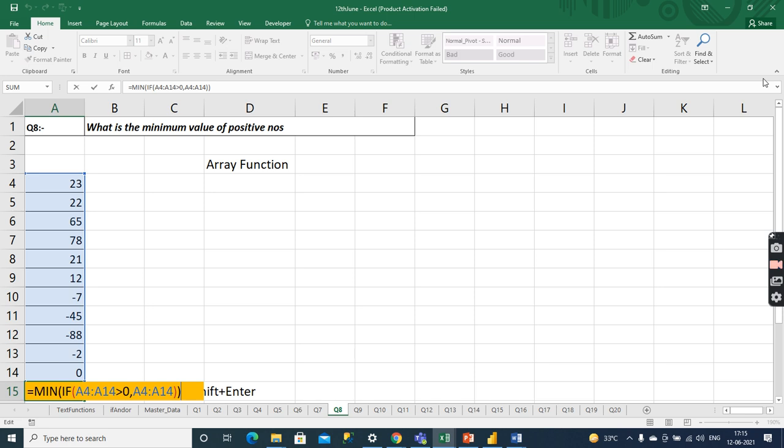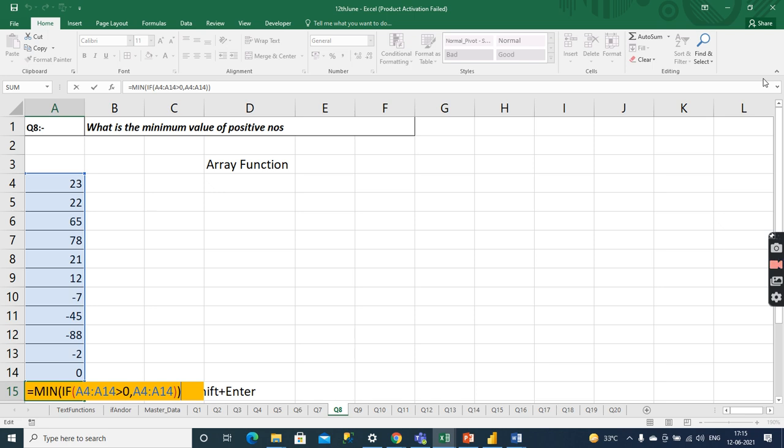Whenever we have multiple conditions in the same statement, Excel has no direct formula. In that case we can combine 2-3 different formulas and get the result. So array is basically combining different formulas. It checks the minimum value, then the IF condition, and then gives the result.